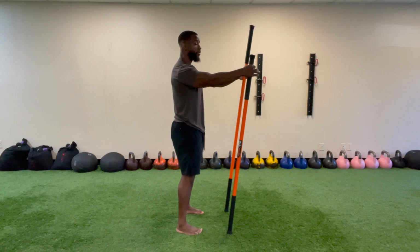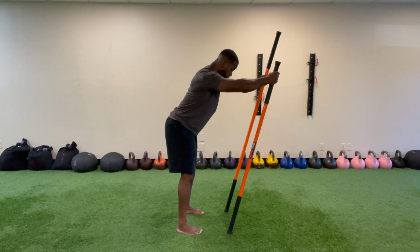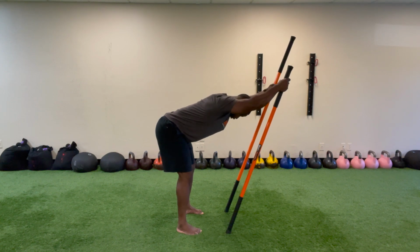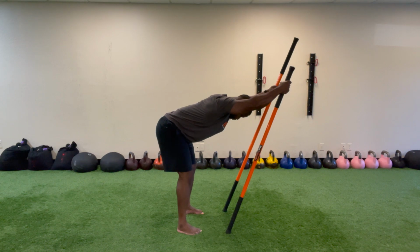So I'm going to have my hands about roughly shoulder height. Now what I'm going to do from here, I'm going to lightly drive the sticks into the floor about 15%. Now keeping the arms straight, drive the hips back, drive the arms out. Get to that max end range here. I'm going to drive that left stick down a little harder, hover the right, place it down, drive that right stick down, lift the left. Good, back down, come up,